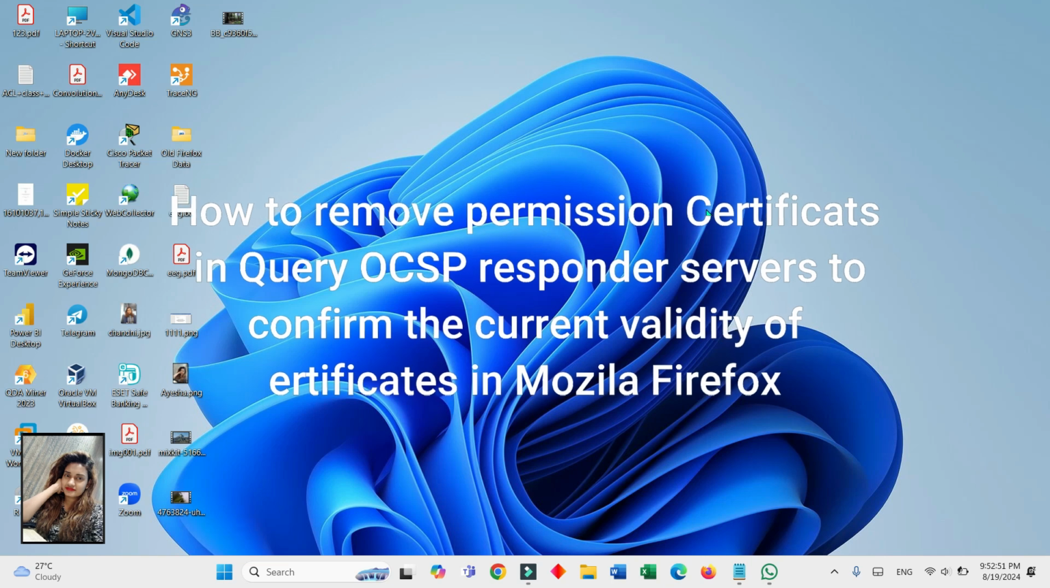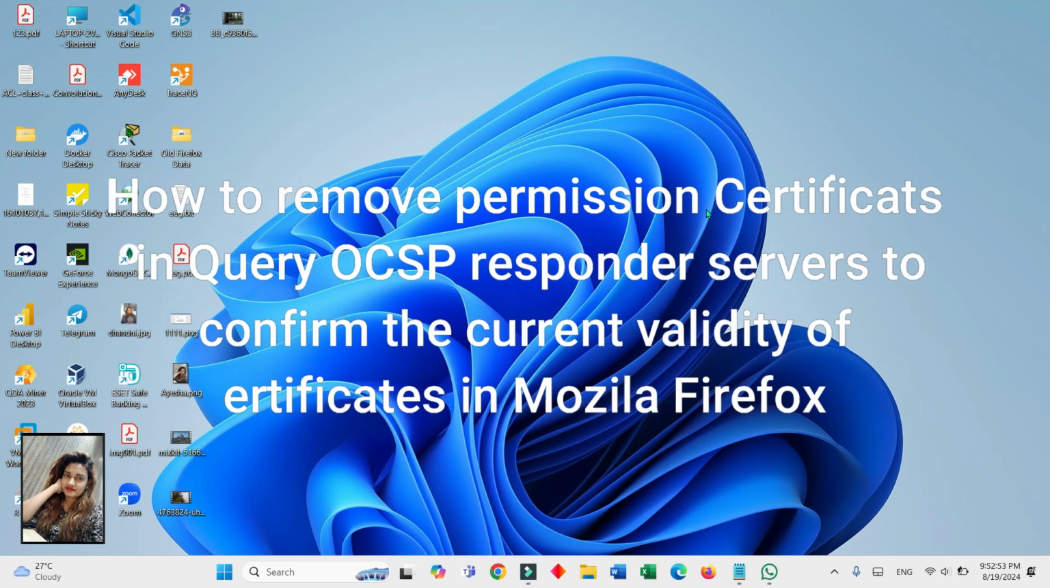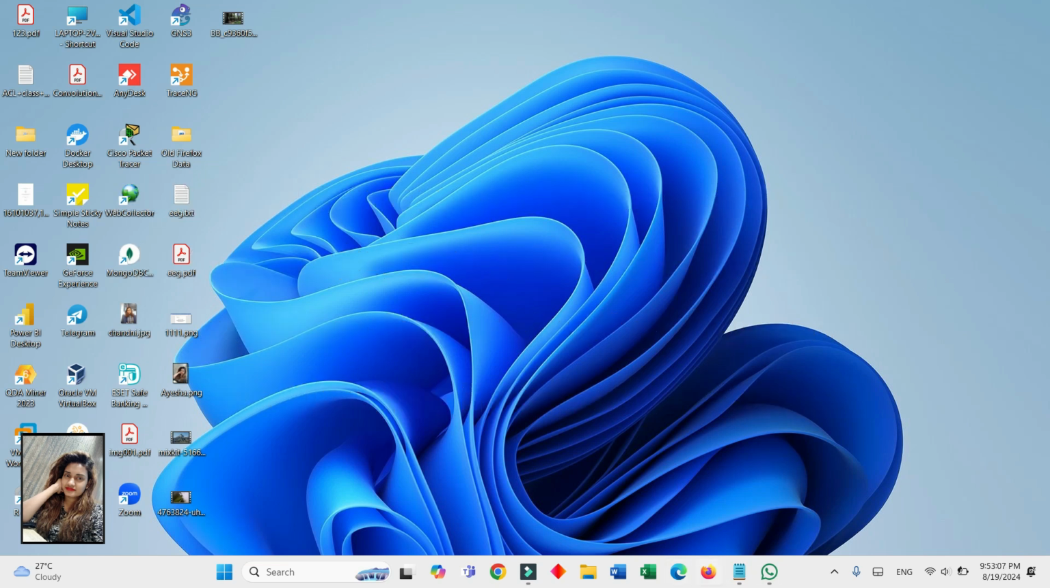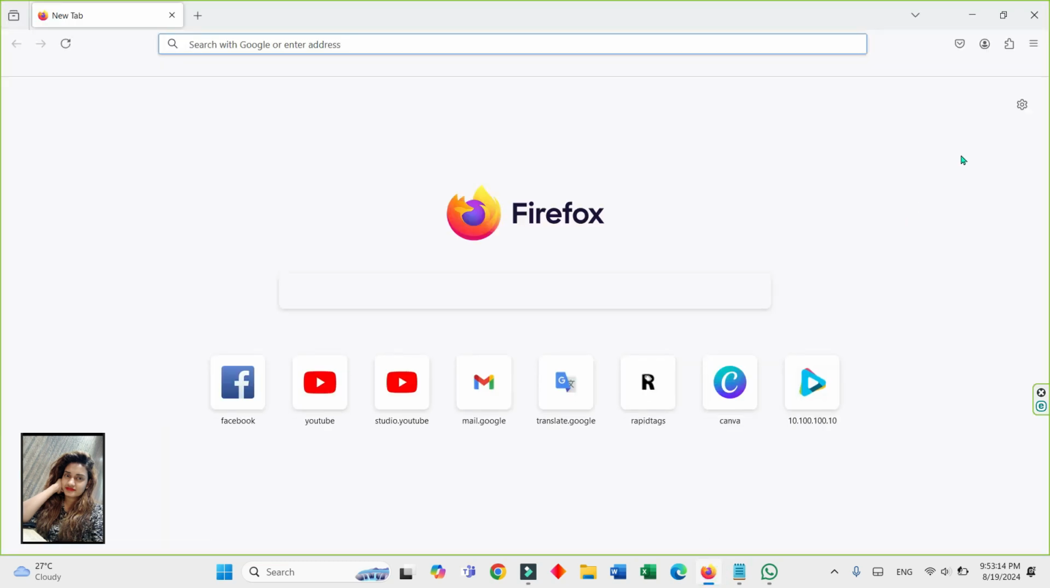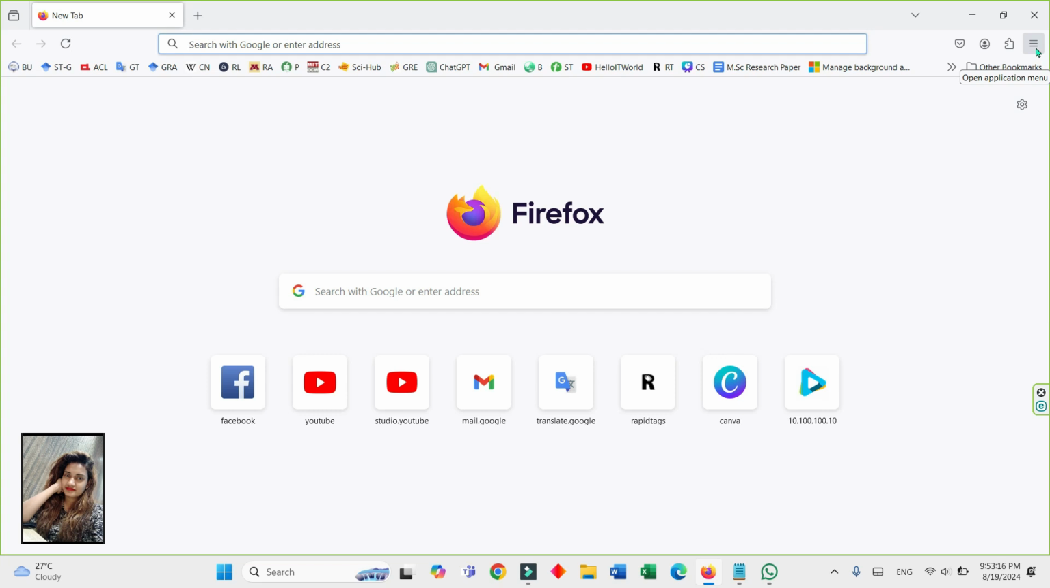Today in this tutorial I am going to show you how to remove the permission certificates, Query OCSP responder servers to confirm the current validity of the certificates, in Mozilla Firefox. So for this case we will go to Mozilla Firefox, which I have pinned in my taskbar. So click this and go to the three bar icon